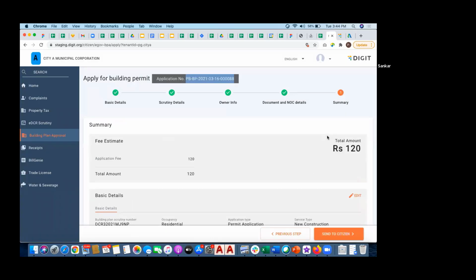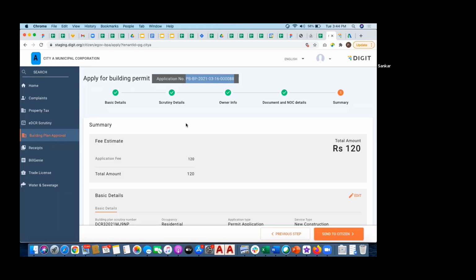Clicking on next, it goes to the summary page. So this is the standard flow in Digit. I just forgot to tell you. Any application or process that is getting initiated will have a stepper view, where in the first few steppers you will have basic details, and in the third or fourth stepper you will ideally have the document attachment, and the fifth stepper or last stepper you will have the summary page.